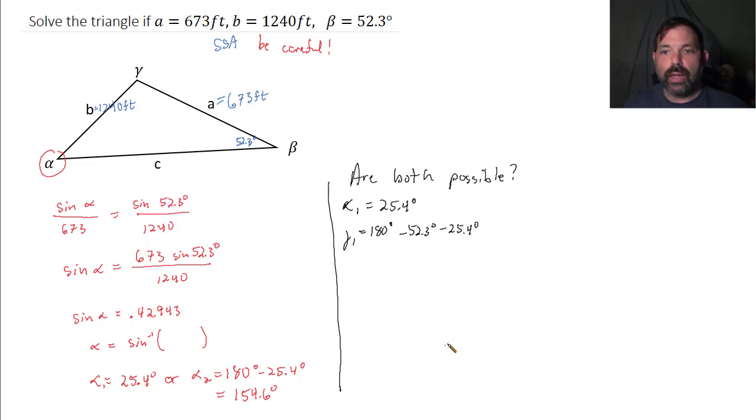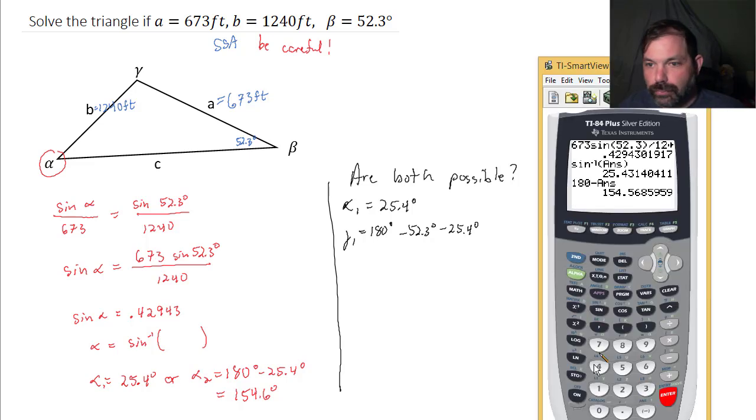I can do this subtraction. 180 minus 52.3 minus 25.4. It's 102.3. Gamma 1 is 102.3